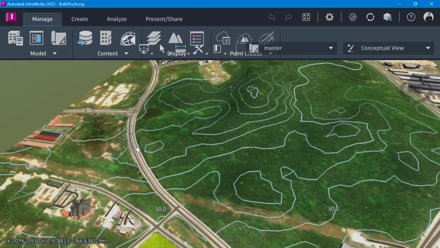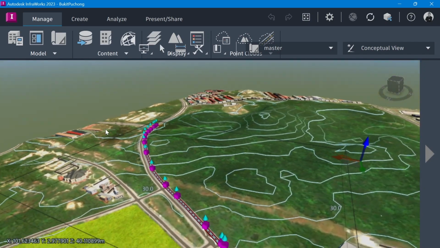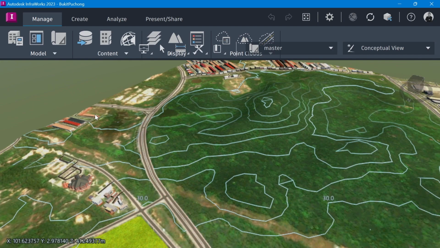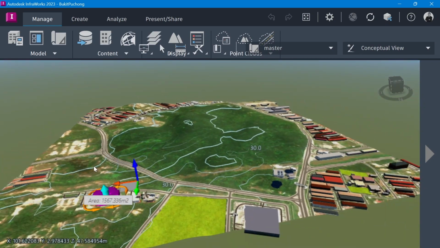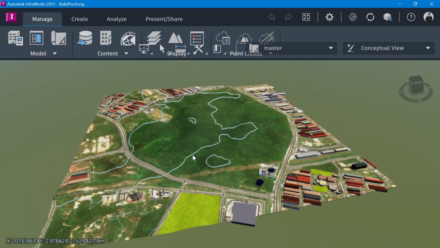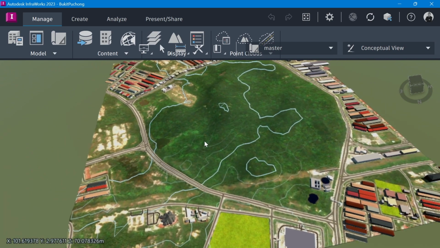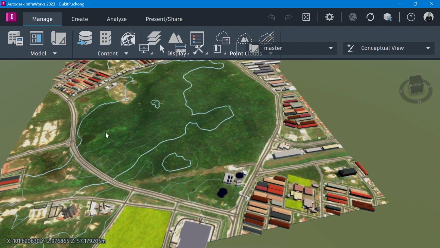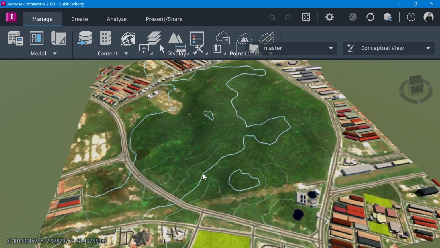You can also select one of the models and rotate, so that it will rotate based on the selected object. Let's say select this object, so then the rotation will be based on that. To pan, you can use the right button of your mouse, and hold it, so you can drag up and down.